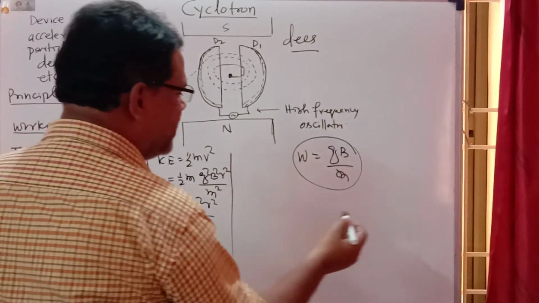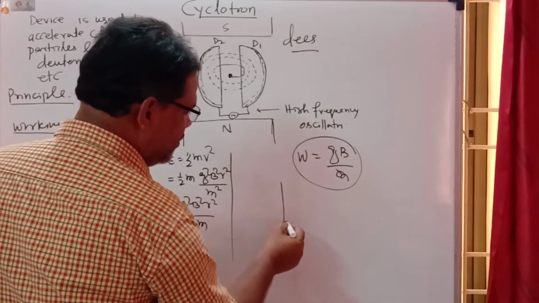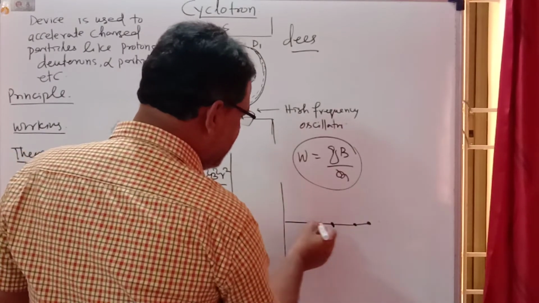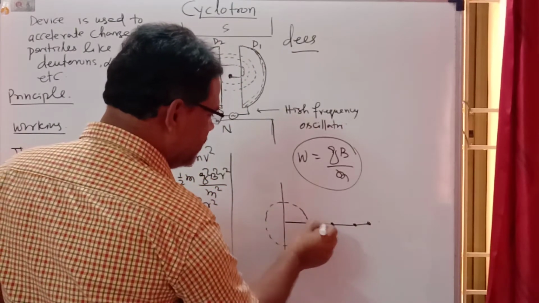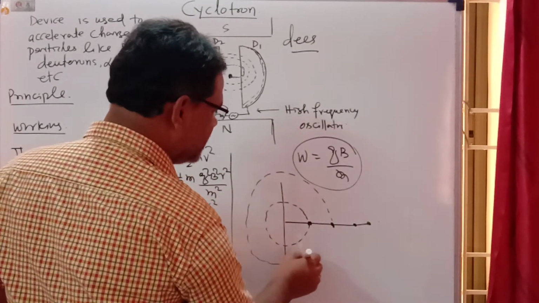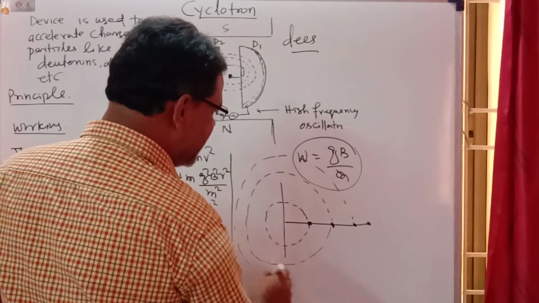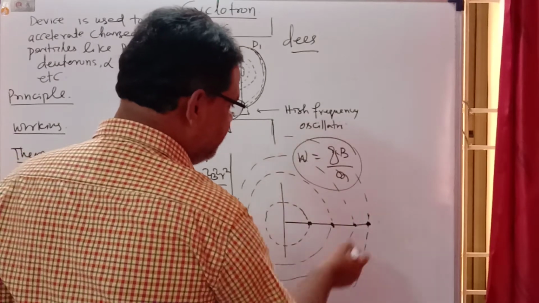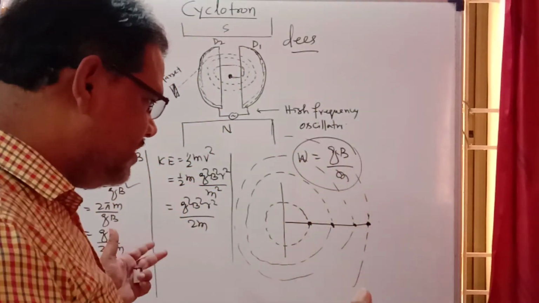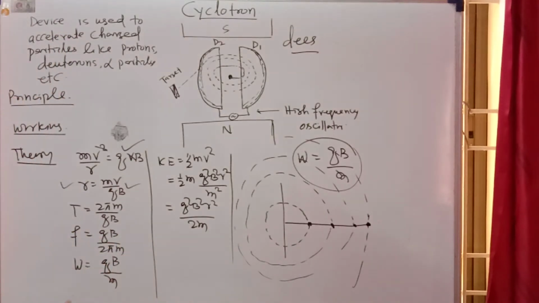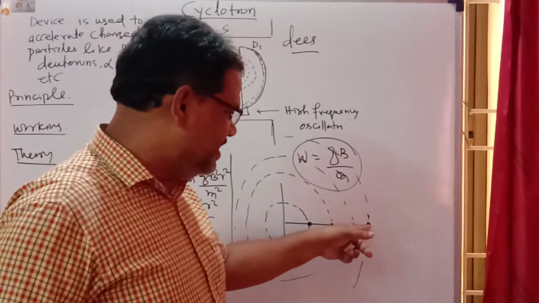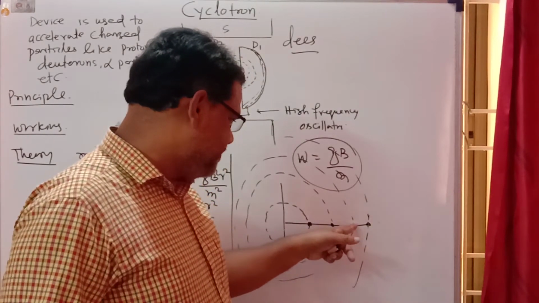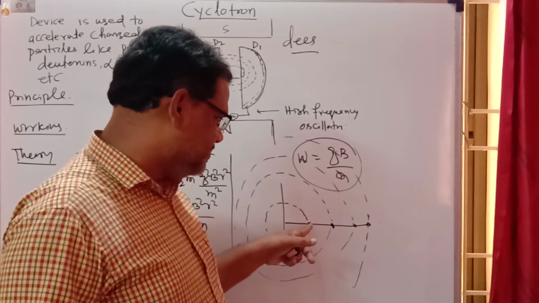I am telling you one example. Suppose all the bodies are being rotated: here one body, 2, 3 and 4. If all are rotating around a pole like that, what will you find? For the last body, this is moving in a circle of greater radius, and not only will the velocity of this last particle be more; gradually as you move down here, the radius is smaller and the velocity is less.